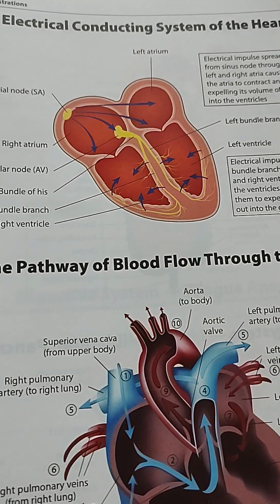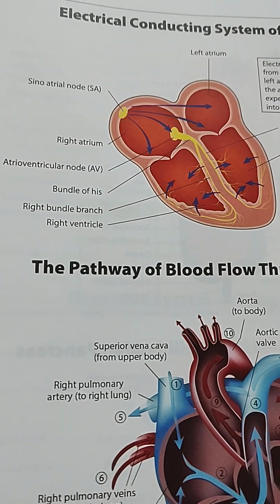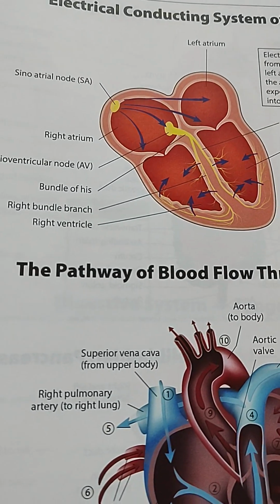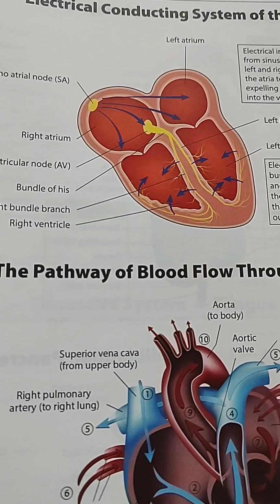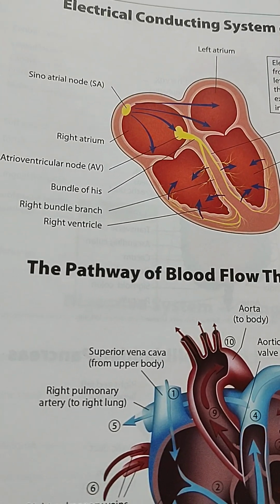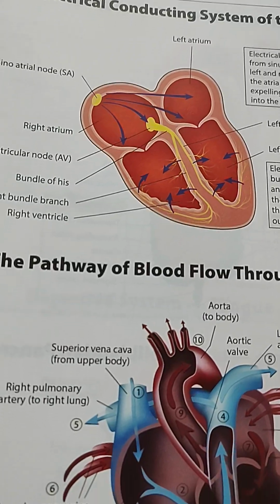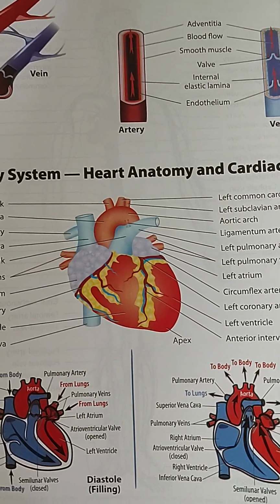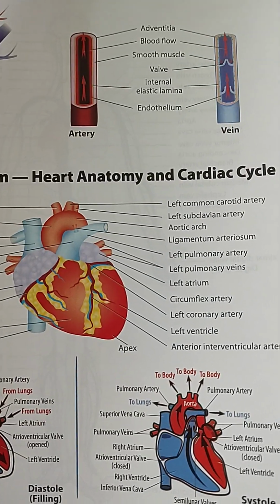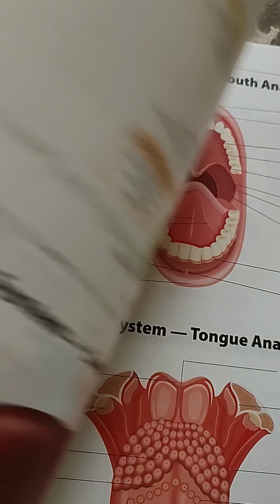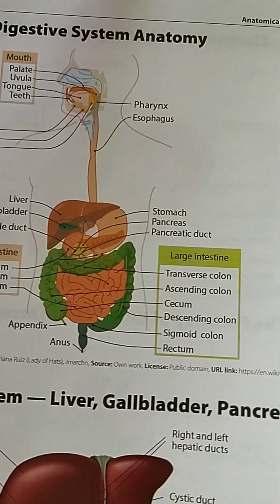So here we have the heart, and it shows us the different anatomical parts of the heart, and based on the arrows or the directions, it's showing you how the blood flows through the heart. So yeah, I love this. And then of course we have our circulatory system here. Again, it breaks down the vessels and the arteries and things of that nature. And then if we proceed further,